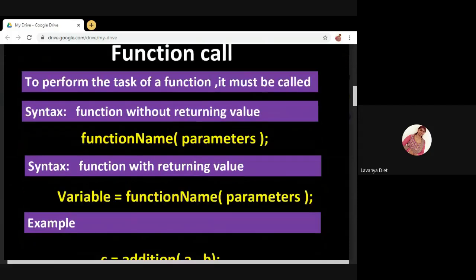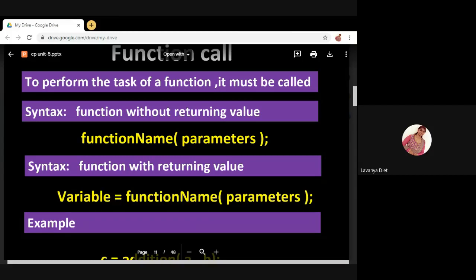Next, see the other syntax. If a function is returning some value, you must specify some variable to store that returned value. Function is returning some value, right? So there must be a variable to store that returned value. So a function will return a value. That returned value will be stored in a specified variable.